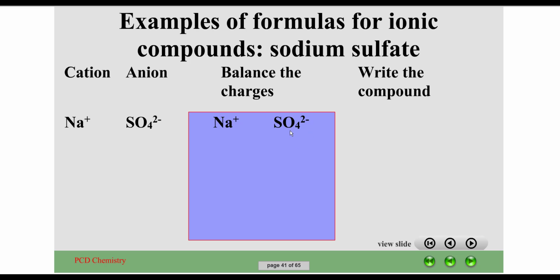This group of atoms has a double negative charge. 2 electrons were left behind on that group. This thing just gave up 1. It just has a single positive charge. This is an unbalanced formula if we wrote it like this. So therefore I need another sodium ion. Now they're balanced. I have 2 +1 charges balanced with a double negative charge, and therefore the formula can be